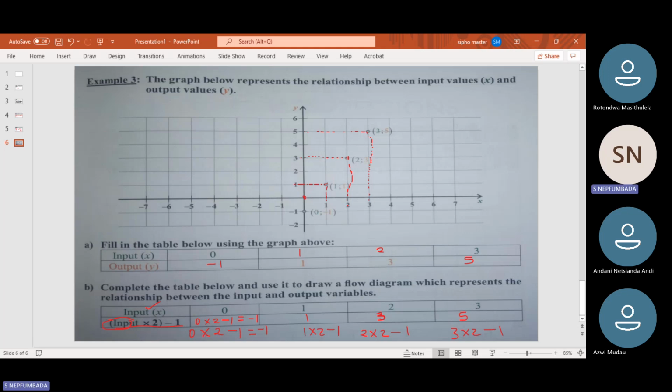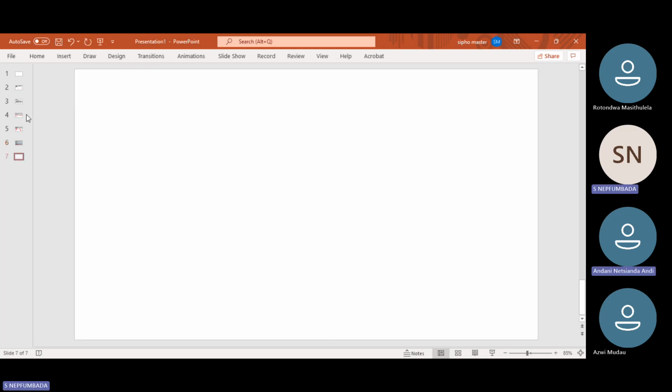So already they give us the formula. How good. They say we must write again the flow diagram, right? Flow diagram. Then our flow diagram is going to be X